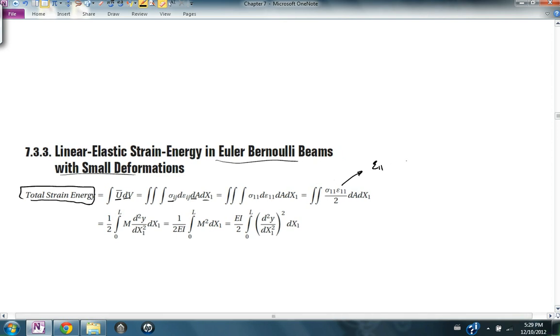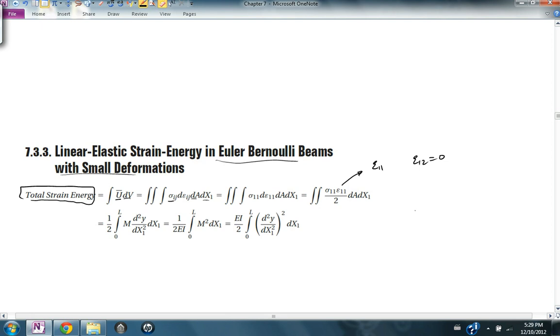And we assumed that epsilon 2 is equal to 0. And so the energy is only obtained by multiplying sigma 1 multiplied by epsilon 1 over 2, because it's linear elastic. Now, utilizing the relationship between the stress and the strain